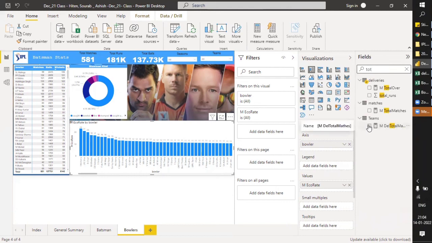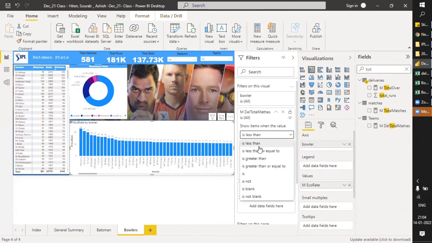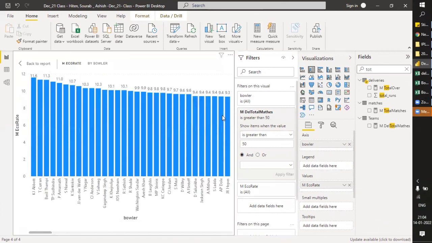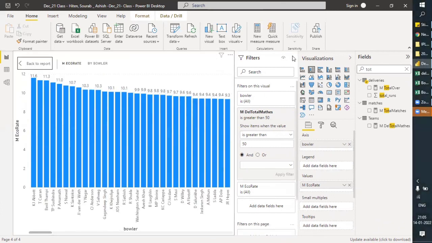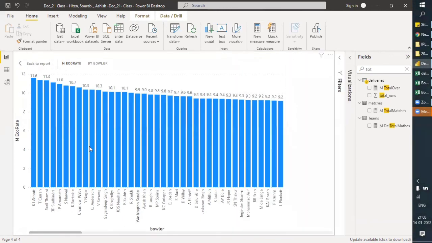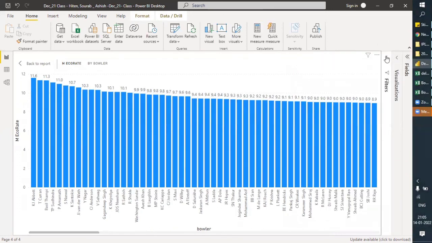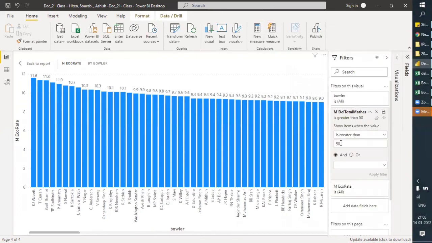Oh, it's here. Not to worry, you just have to, it should be greater than 50 matches. Look, it's working now. Yeah, here you go. You can see it's working now. So we have someone new here. Let's expand this and let's make it 70.